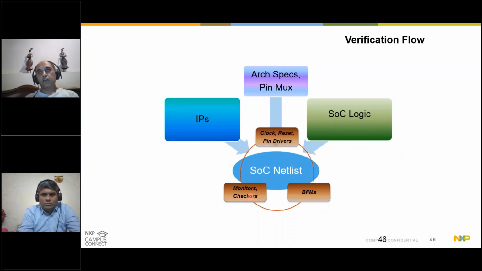So you can imagine in a 100 million gate SOC, when you're doing the verification, things can go wrong. These monitors and checkers will give you enough hints and information about where things have gone wrong in an SOC, and that will enable the verification engineer to debug, get to the root cause, and see what change might be needed, either in his pattern or the RTLs.